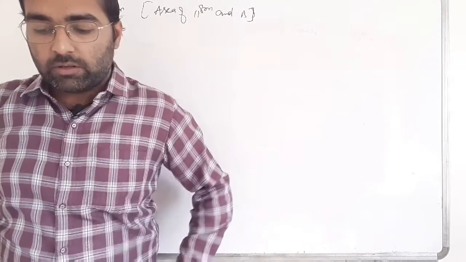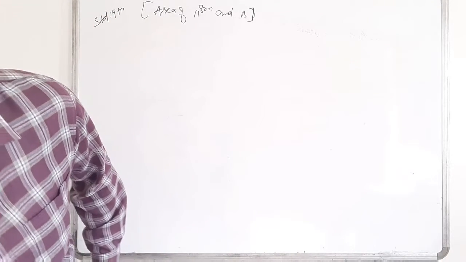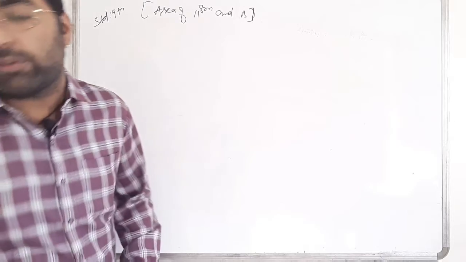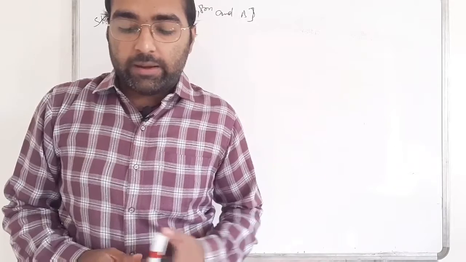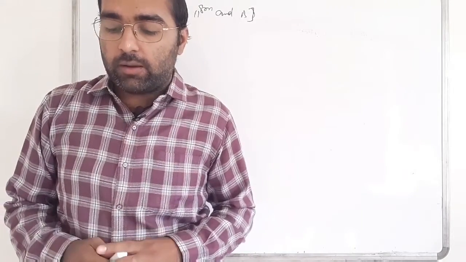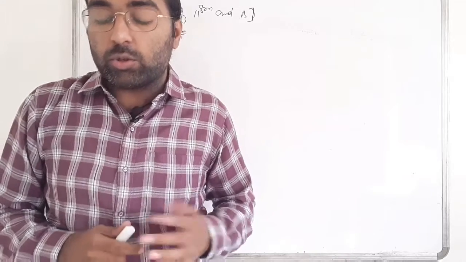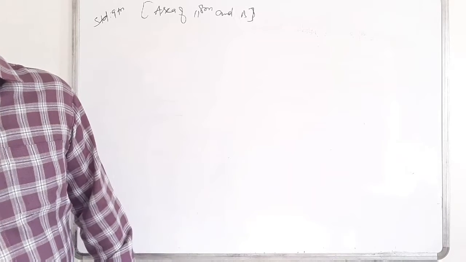So question number 11: in the given figure ABCDE is a pentagon. So first of all we have to draw the pentagon ABCDE. A line through B parallel to AC meets CD produced at F. Show that. Okay, so as per the given figure we first of all have to draw the figure.